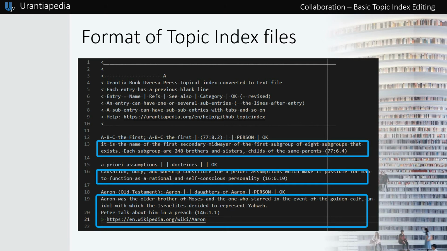There are two types of tables. The first is a table of a single cell without a vertical bar. It will contain text, the text of a line of the Urantiapedia page, and after the text, enclosed in parentheses, if they exist, one or more references to paragraphs of the Urantia Book.